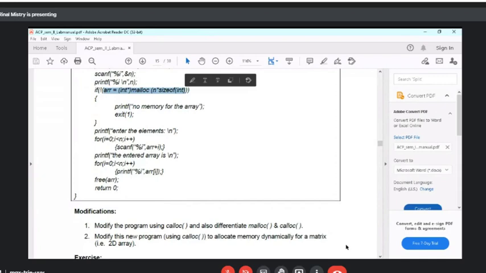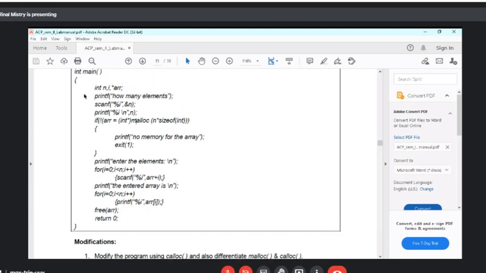Other than that, will there be any change? Do we have to change anything elsewhere? No ma'am. Right, there won't be any other change in the whole program, right? And after that, when you run this program using the calloc function, again, you will not be able to identify a visible difference in the results, right? You are not going to encounter any visible difference